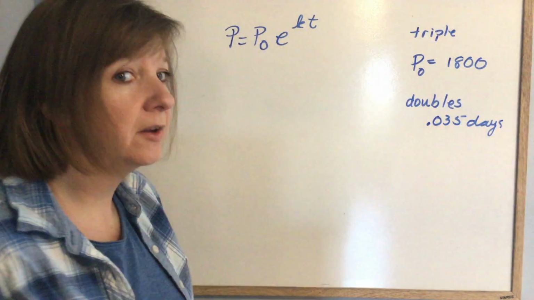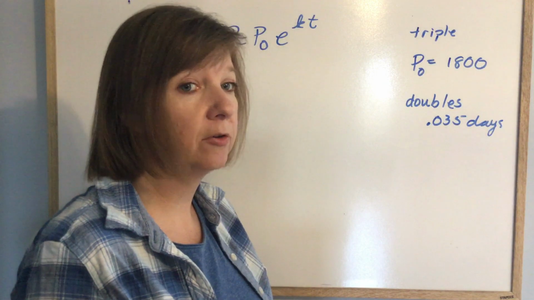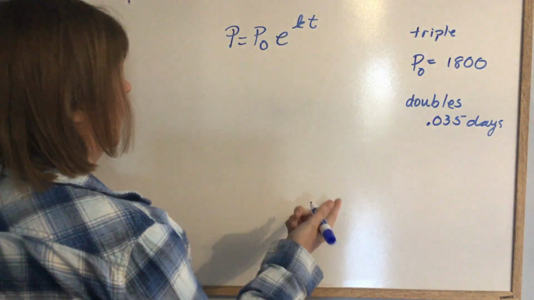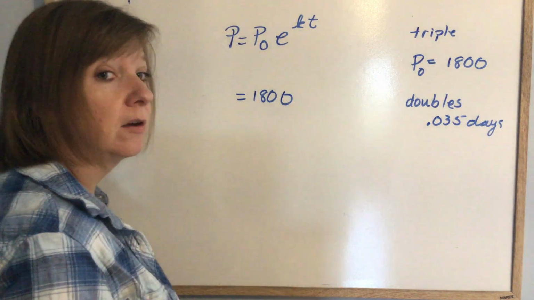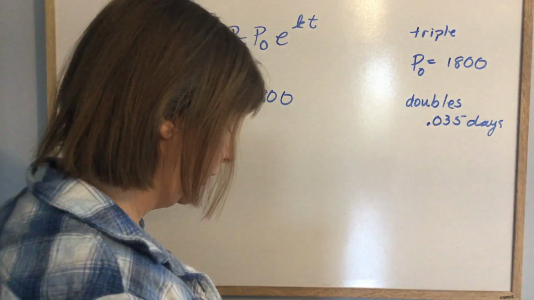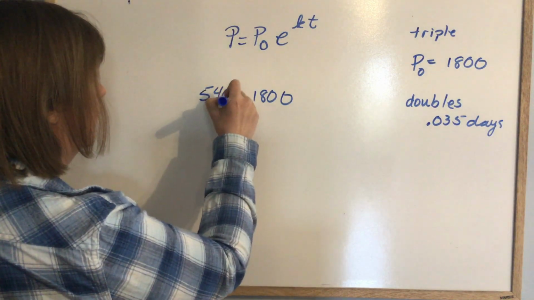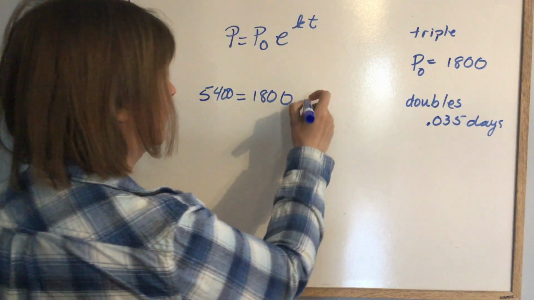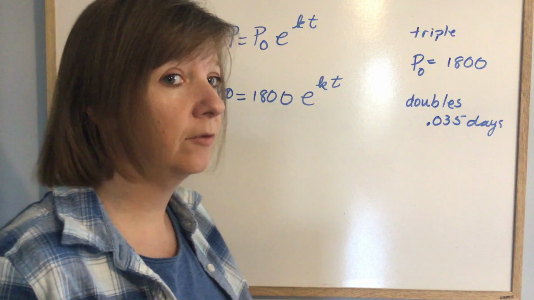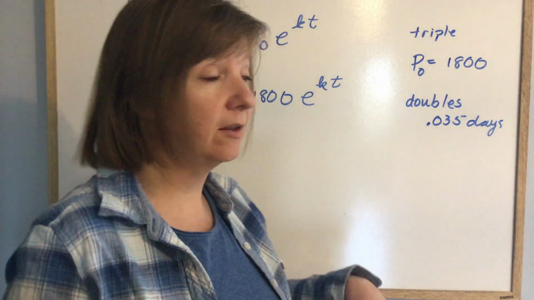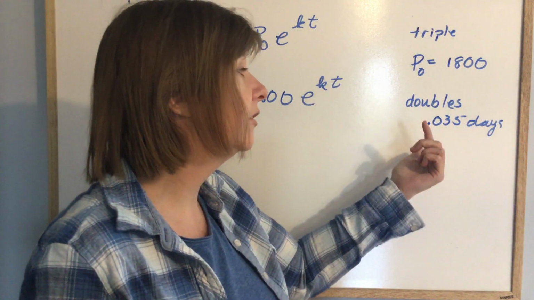So I know why you struggled with this one, because you tried to figure out T right away, and you can't. If I were to put this in, my original population is 1,800, and they want to know how long does it take to triple. So 1,800 times 3 would be 5,400. How long does it take to go from here to here? The problem is I don't know what K is, and I don't know what T is, and I really can't have two unknowns. That's why they give you what seems to be extra information, which is that the population doubles